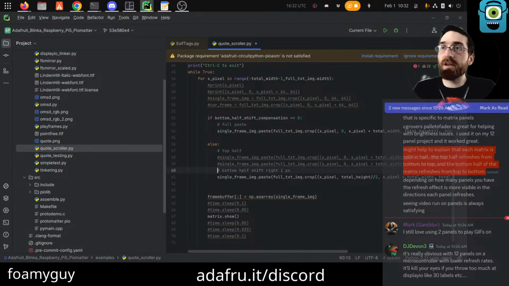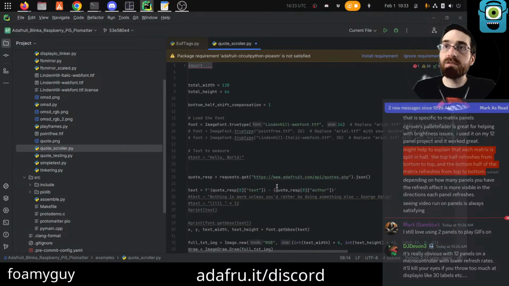We could make the font huge. Should we make the font huge? That might be kind of fun. Let's make the font huge for a minute, because theoretically we could go much bigger now that we have this.